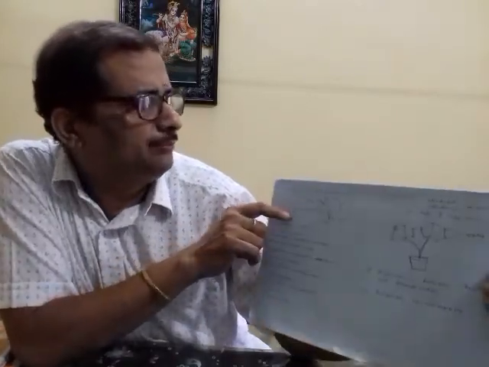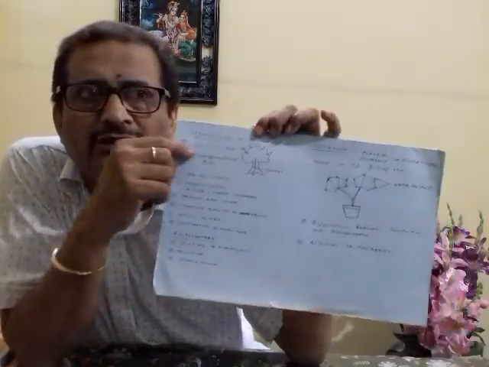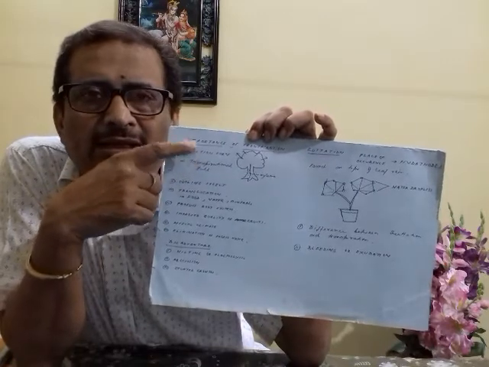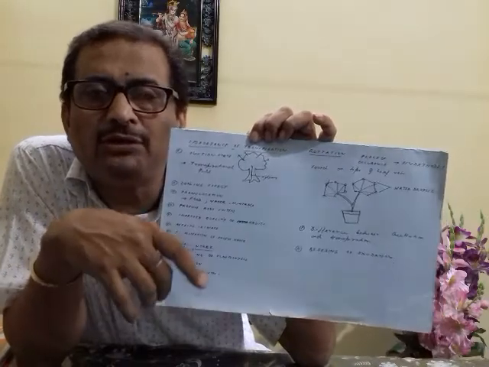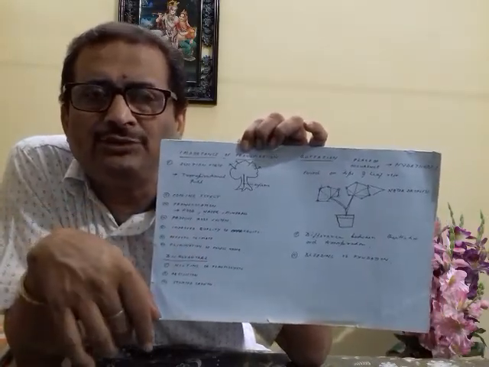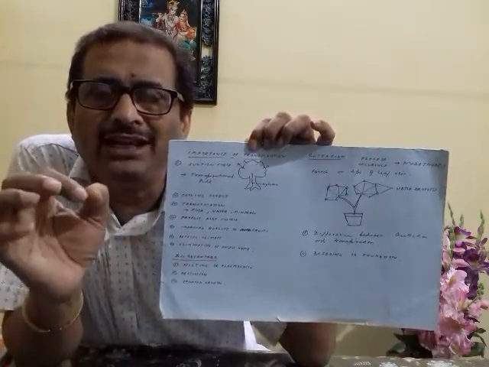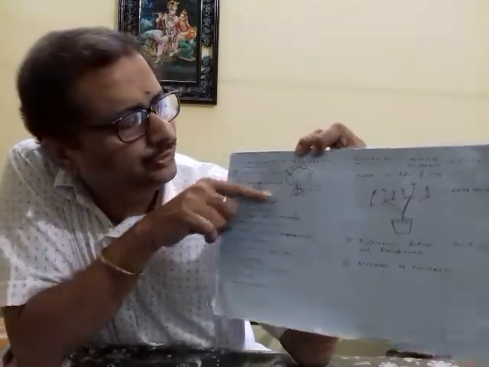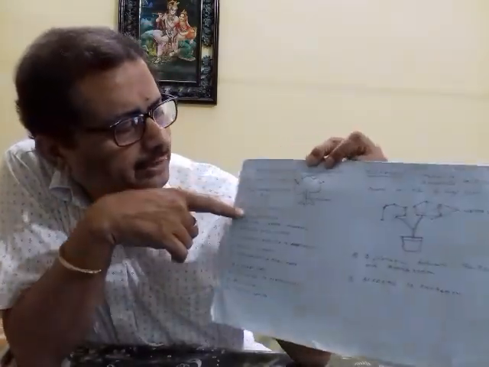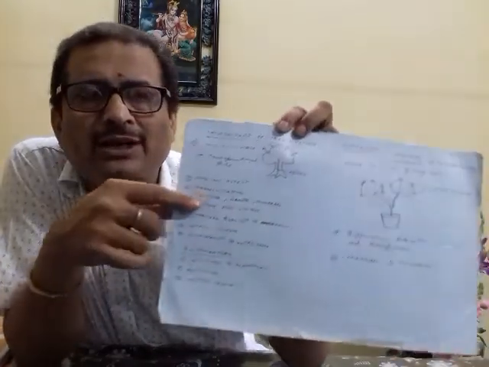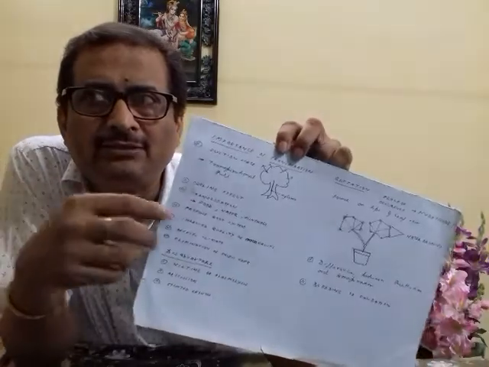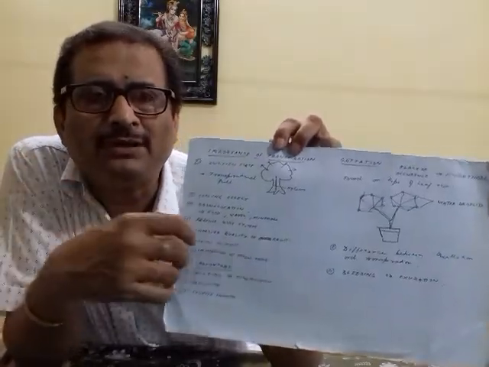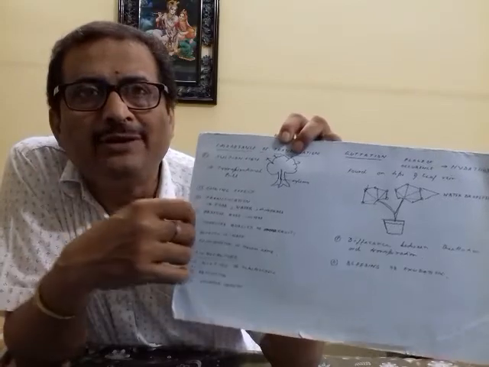Now the importance of transpiration, as I was telling, the first importance is that the continuous transpiration causes a streaming movement of the water, what we call the transpirational pull. And transpirational pull is one of the factors which helps in ascent of sap. So you can see here the water moves out from the aerial part. The second function is the cooling effect. In transpiration you have a cooling effect because the continuous streaming movement takes the heat out of the plant and then the plant remains cool, and the atmosphere also remains cool if there are more plants.